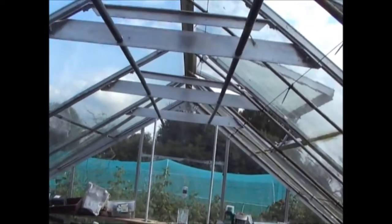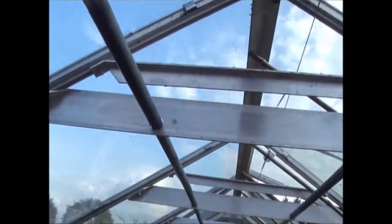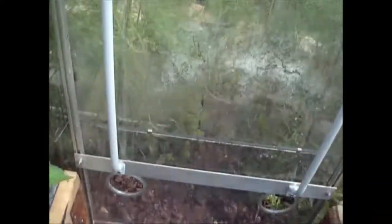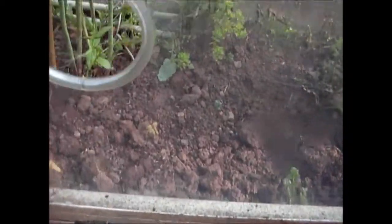So you can see I've got it bolted into the roof, and these bars, as you can see, I can still turn them, so they're not going to put any stress onto the roof to pull it out of square. So the grapevines are going to come buried in the ground out there with the roots through these holes here,